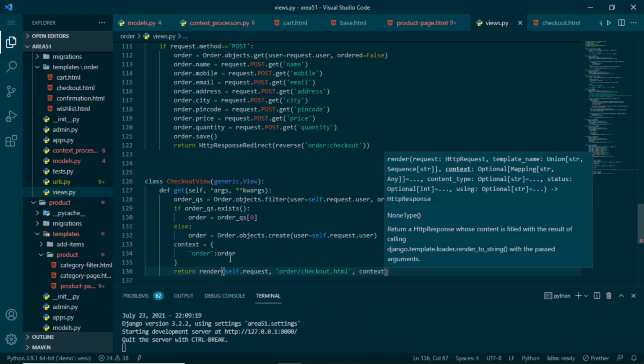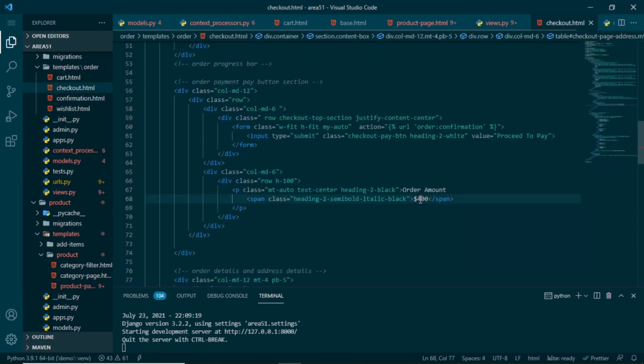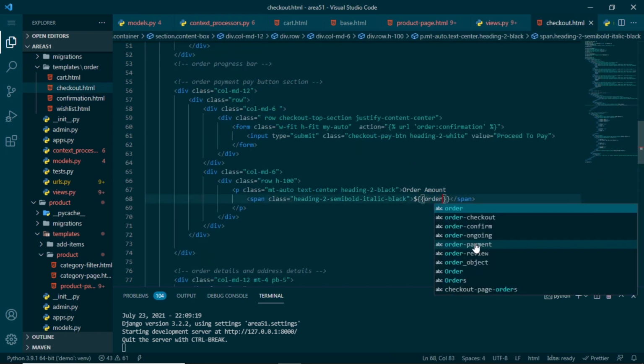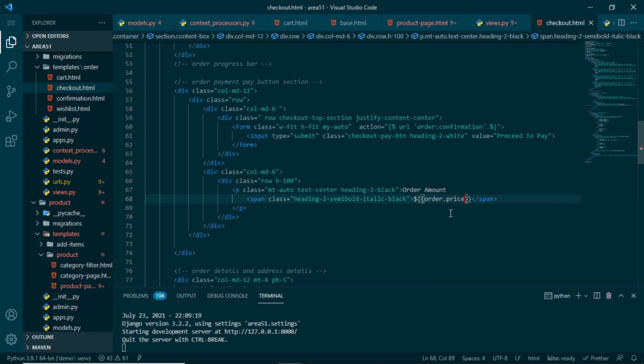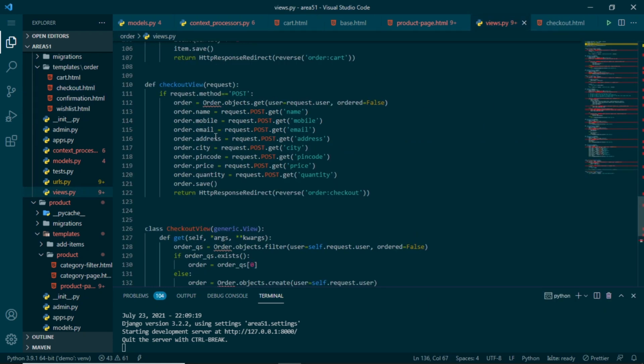We are sending in the order object, so in our checkout.html I can directly use order.price. And remember, from this view we are directly saving this price into order.price, so we can directly use price and quantity and other details.